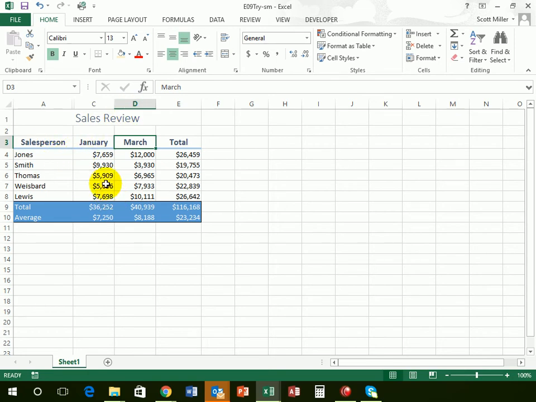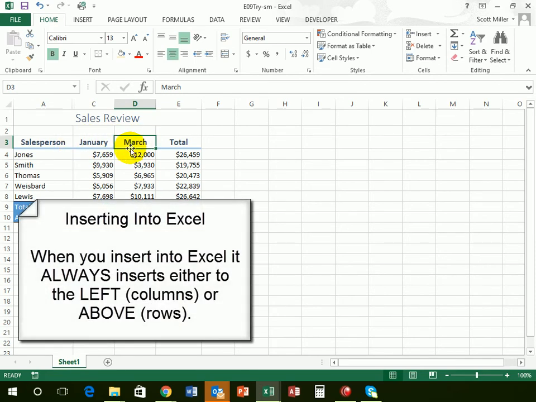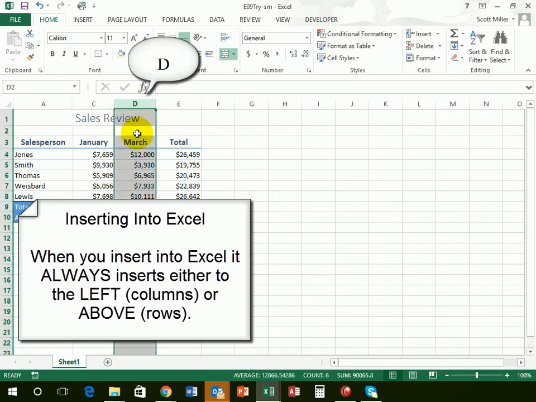Now, what I want to do is insert a column in between January and March. One thing that you will want to make a note of is that whenever Excel inserts, it will typically insert either to the left of my cursor or above my cursor. So if I'm inserting columns, I want to be on cell D if I want to create a new column D. So with column D selected,